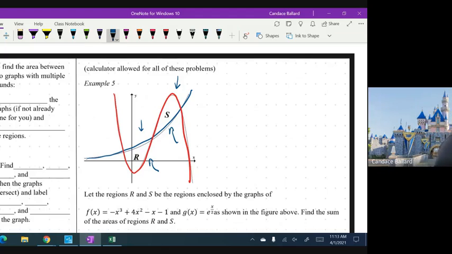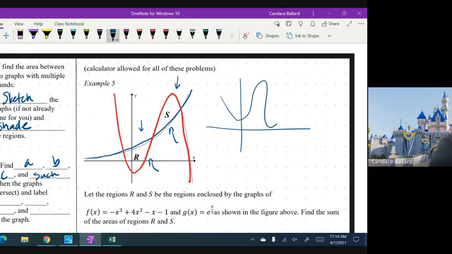All right. So out in the left-hand column, our notes to remember what we are doing is that we sketch the graphs, if not already done for you, and shade the regions. No different than what we did before. This time we're going to find A, B, and C such that when... So maybe that means it could have a D because it could cross again, right? I could do something even crazier, couldn't I? However many times it crosses, so A, B, C, D, E, however many times it crosses,